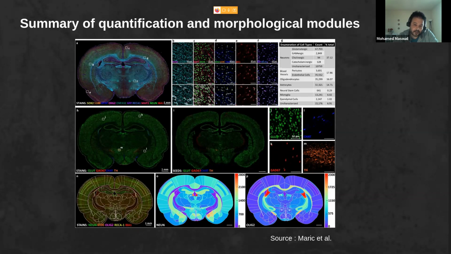And they make a quantification for all these types and subtypes, as we can see on the table on the upper right hand. This is showing the different cells that they had in this section.